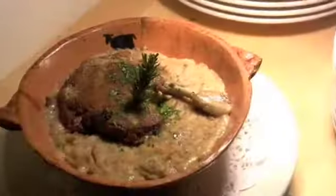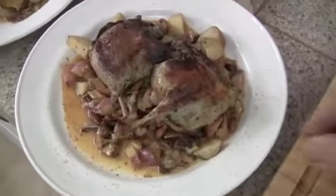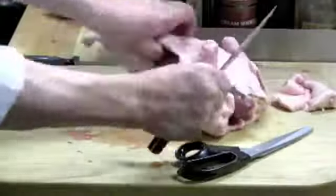Cassoulet and confit of duck were not only very popular dishes at the restaurant, it was a popular cooking class also. Now we give you a chance to do it in your own home. You'll get to bone your own duck,